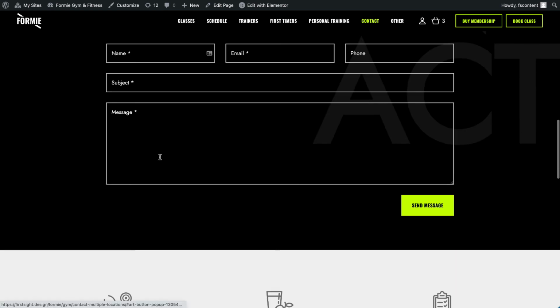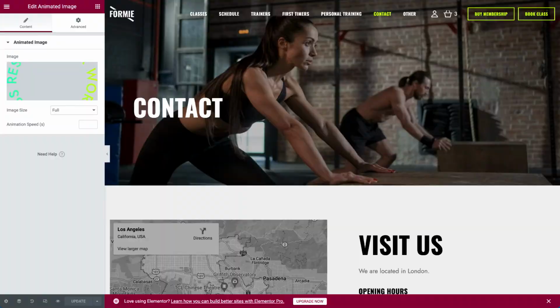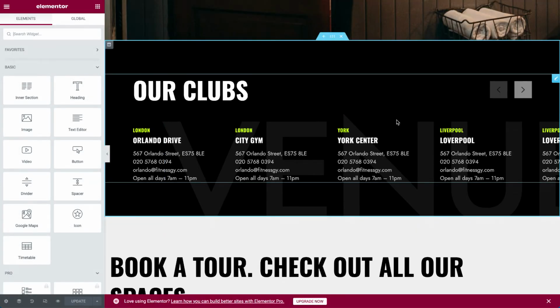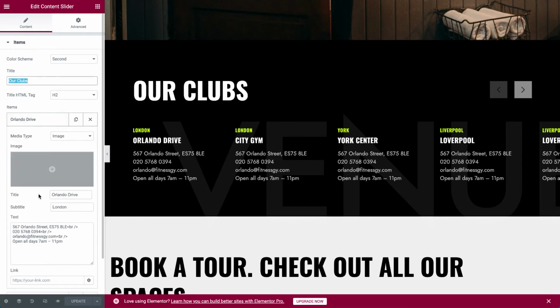We have a link to book a tour and contact form. Let's take a look. So let's open the page using the Elementor page builder right here. To edit this information, right click, edit. You can change the title right here, and you can see that there is a list of items with contact